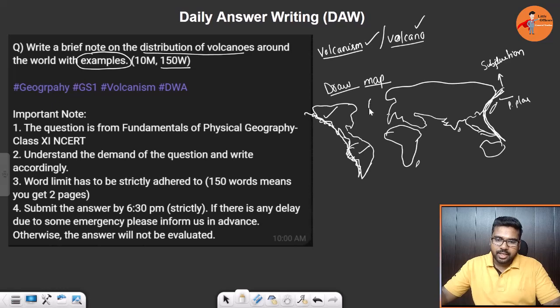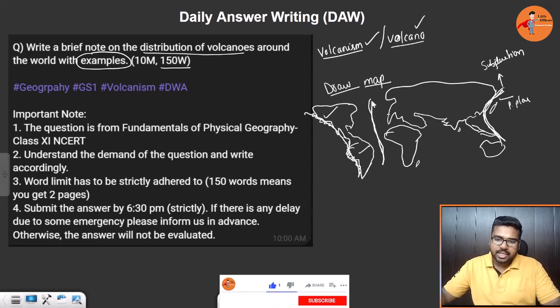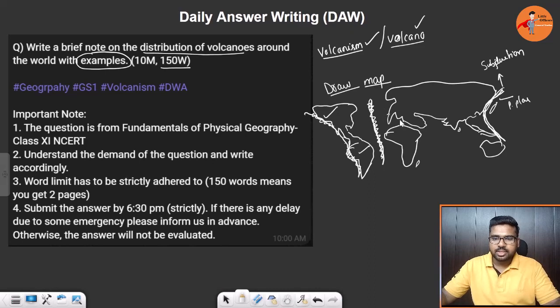Then second will be the mid-Atlantic ridges. This is another region with the highest volcanism, but this goes underwater. So here you can see that. Then the third area where you see some volcanoes is a little bit miscellaneous. Say in the interior, not in the continental margins, rather in the interior, like here Yellowstone Park in USA, Hawaii Islands and Galapagos. Then you can say Reunion Island, and here also in the mid-African plate as well. So these are some of them.